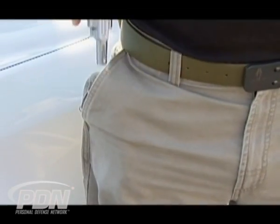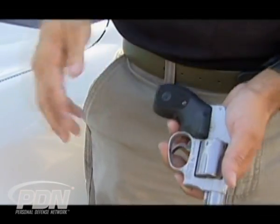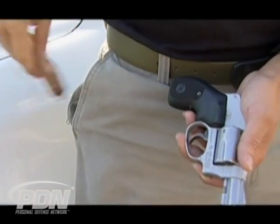Considerations for carrying a firearm when we know we're going to be spending a lot of time inside of a vehicle may be very different from when we're expecting to be outside of that vehicle in our workplace or in some other public environment. For example, I quite often like to carry with a pocket holster. Carrying this J-frame revolver inside of a pocket holster is really convenient and relatively fast in terms of drawing when